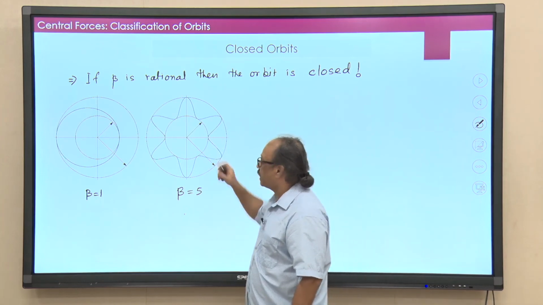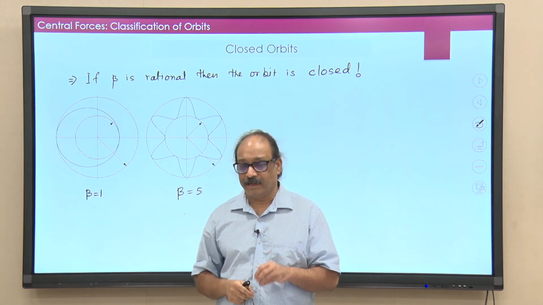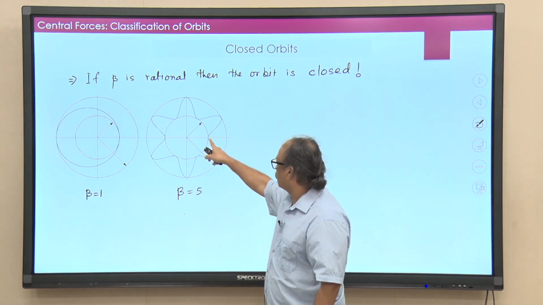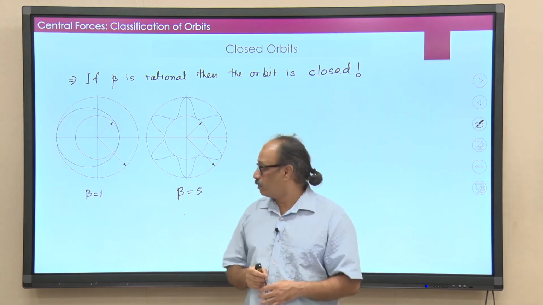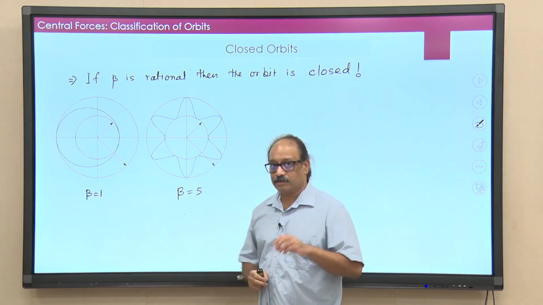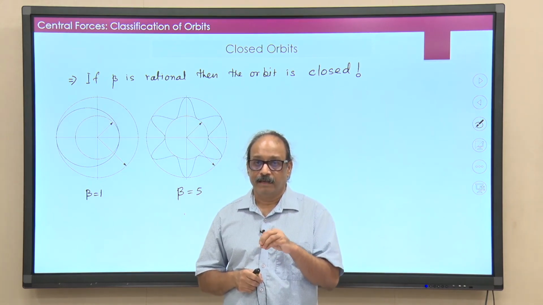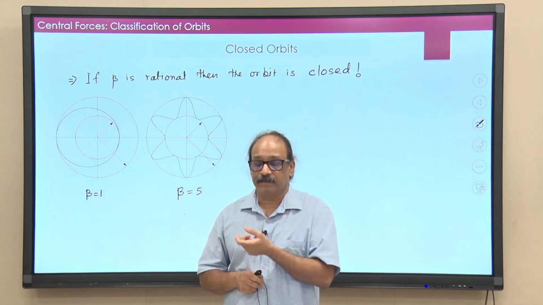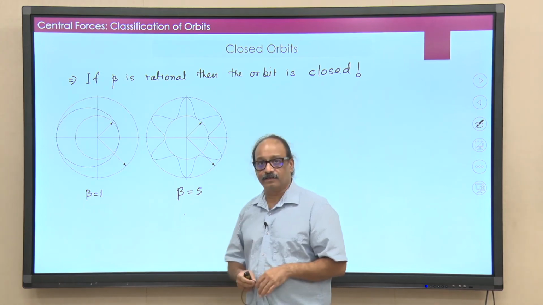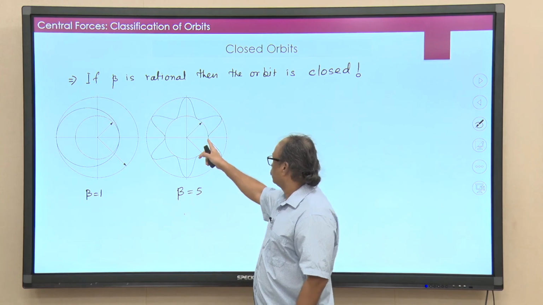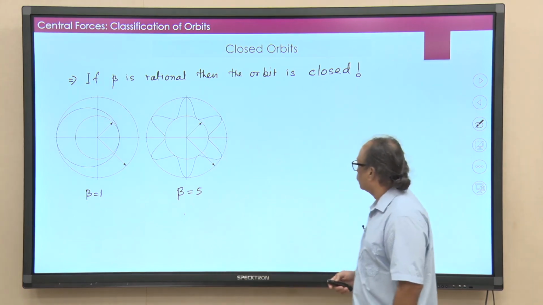But when it comes back to 2 pi, you again have the same value, because it is now going to be u is equal to cos of beta theta. So if theta is equal to 2 pi, then it is cos of 10 pi, and cos of 10 pi is the same as cos of 2 pi and is also the same as cos of 0, and that is when you get the closed orbit. But there is something more that can happen.